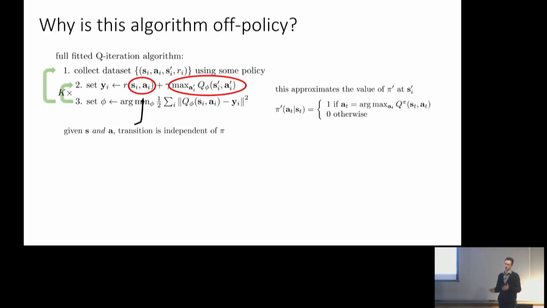Of course, you might get a very bad estimate of the Q function if your data doesn't actually cover the regions where your policy will go. So you need to have some data in the same regions, but the distribution doesn't have to match.